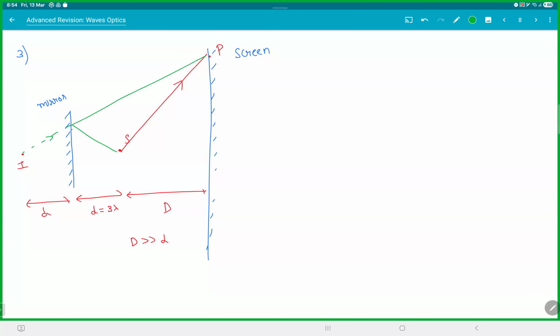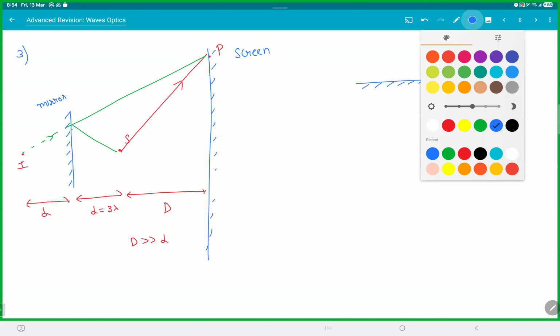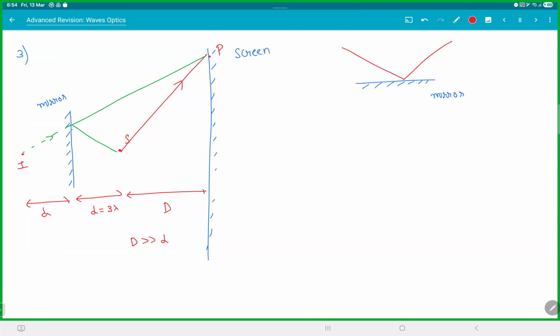But whenever a light ray reflects on a mirror, you get an extra path difference lambda by 2. I hope you guys remember that. So that is one thing. If you forgot that, the whole thing will go for a toss. So if you have a mirror, and when you bounce off a light ray, if this light ray's phase is 0, this phase will be pi, or the extra path difference will be